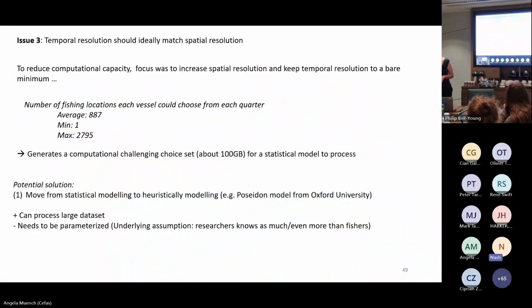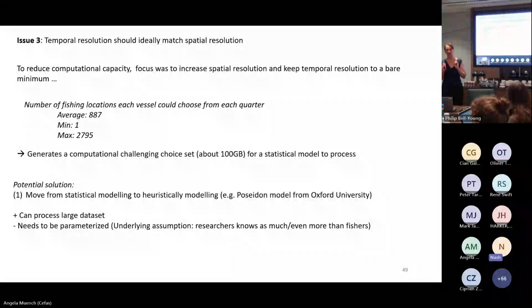Issue number 3, what we talked a little bit about, is that in this project, what we try to do is really focus on the spatial resolution. We try to be as small as possible, really precise in the location. And even there, where we're just aggregating everything over a season, each fisher, because we are so small scale, had about 900 grids on average to choose from each time he wants to go fishing. No fisher is going to do that. But you can also imagine the computational dimension it had. My poor little laptop had something like 10 gigabyte data sets to go through. It was not happy about it.